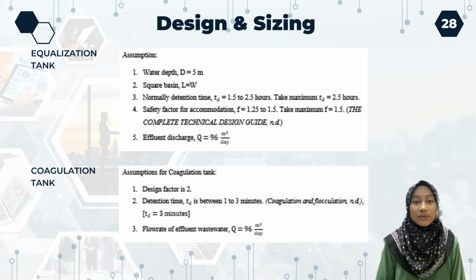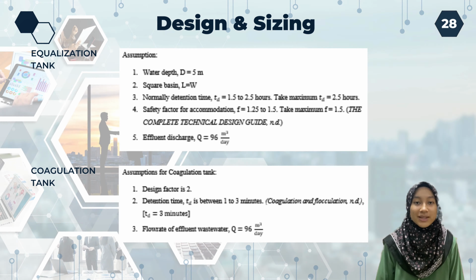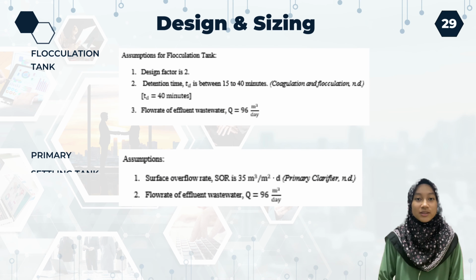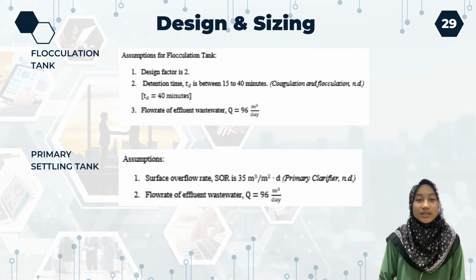The detention time at the equalization tank was taken at 2.5 hours, while the design factor of the coagulation tank is 2 and detention time is 3 minutes. The design factor for the flocculation tank is the same as the coagulation tank, which is 2, while the detention time is 40 minutes. Next, for the primary settling tank, the surface overflow rate is assumed to be 35 meter cube over